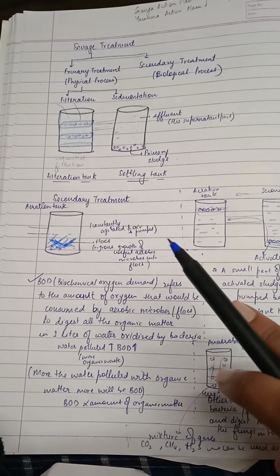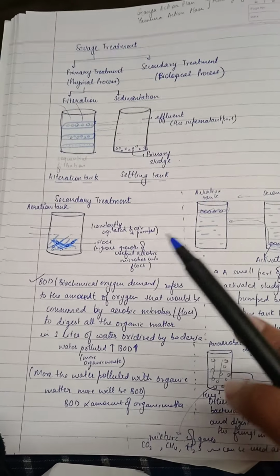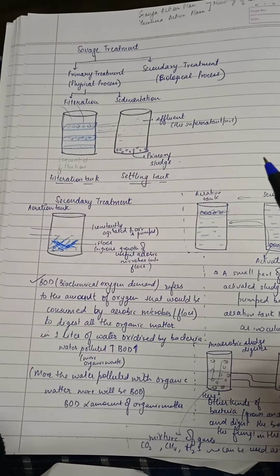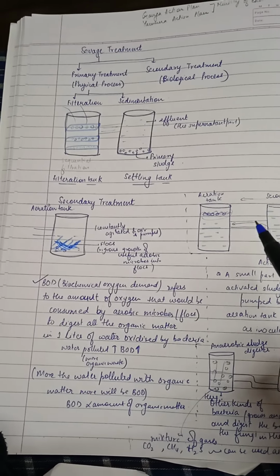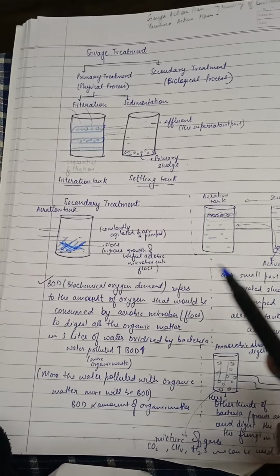In filtration, we do sequential filtration in a filtration tank to remove the floating debris. In sedimentation, we pass the filtered sewage into a settling tank to allow the smaller particles and dust to settle down and form primary sludge. Now in secondary treatment, which is a biological process, we have constructed an aeration tank in